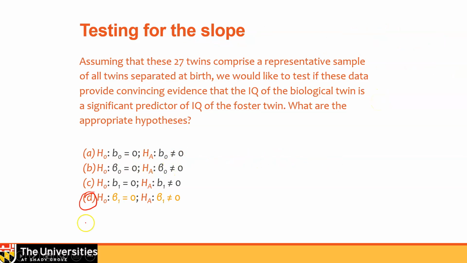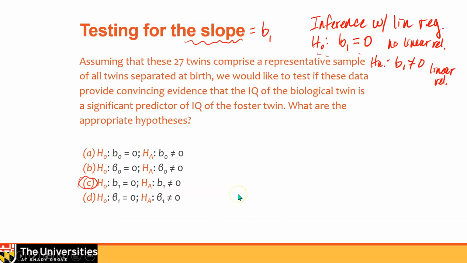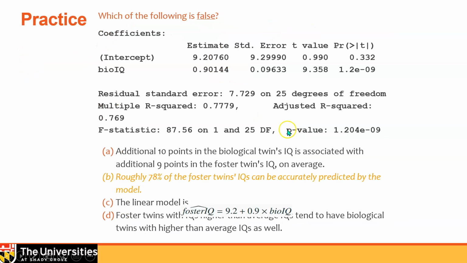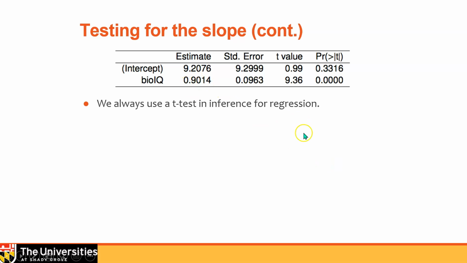Okay, and hopefully we'll not be making mistakes here. So yes, because of the parameters, our hypothesis is written in terms of parameters. And let's go back and correct that. So it's beta sub 1. And our b's are what we have as our test statistics, right? Okay. So this is the same information that we saw here.